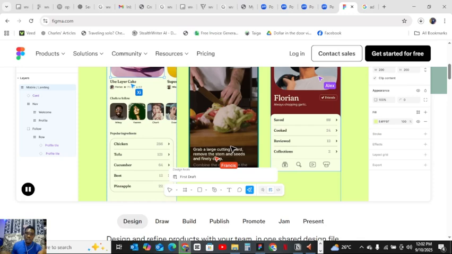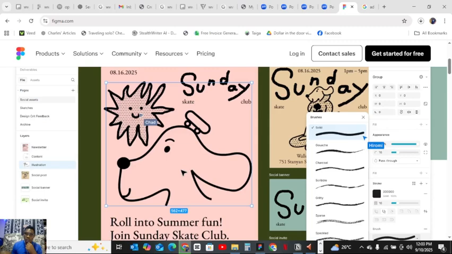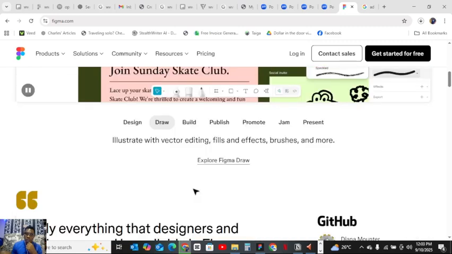You can see you can draw. One person is drawing here, another is drawing. You can see you can build. They are working together.